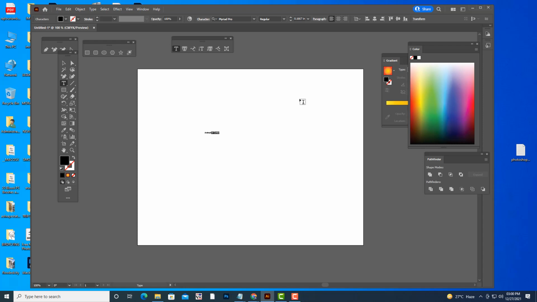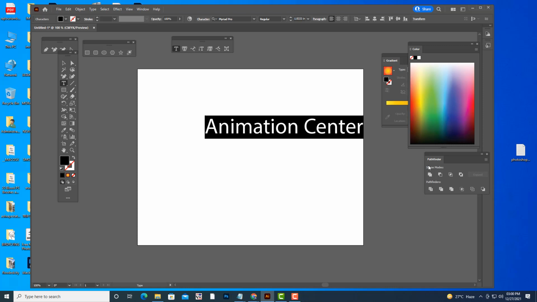We will highlight the text. You can see the cursor here. When the cursor is active, use shift and left arrow to highlight the text, and we can use the keyboard shortcut Control Shift greater than. I think I told you in Photoshop. Once you hit Control Shift greater than, the size will increase. Control Shift less than decreases the size.